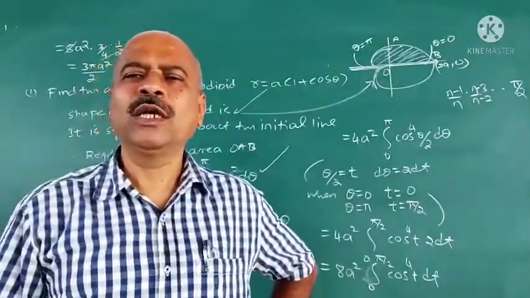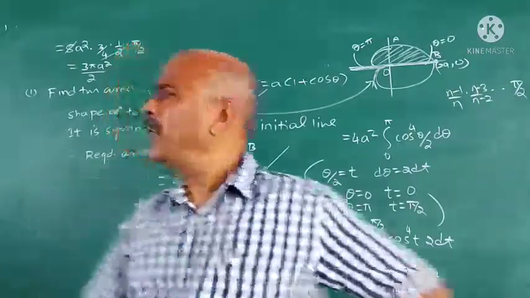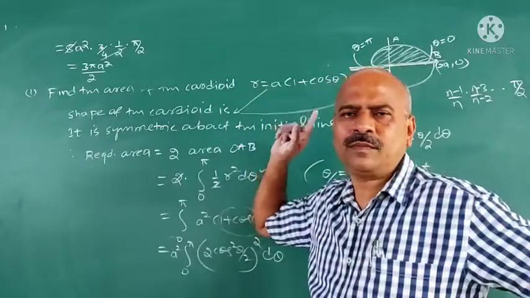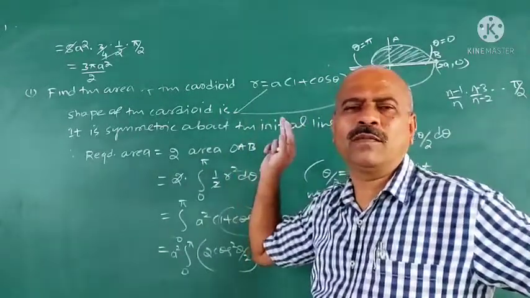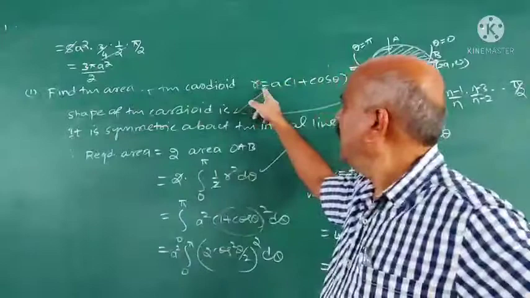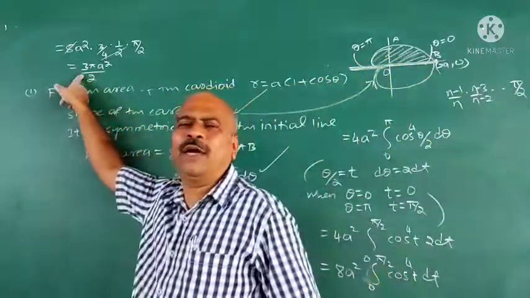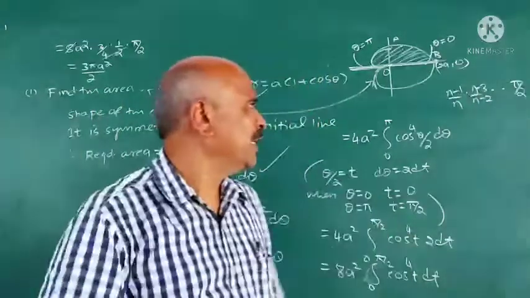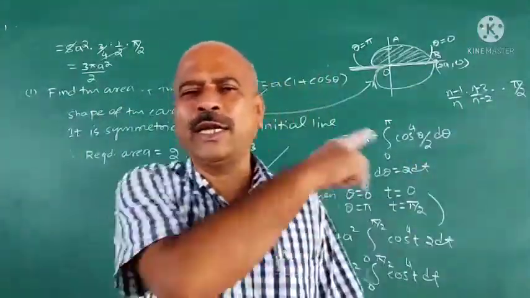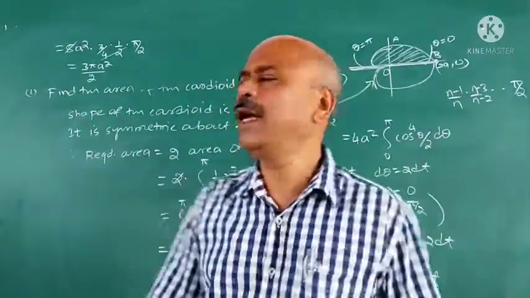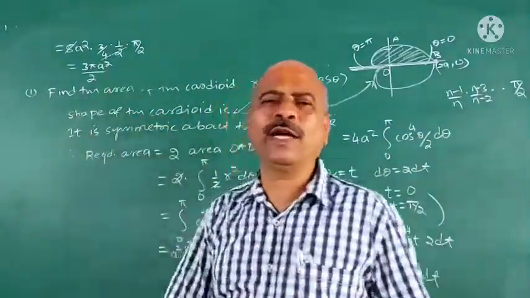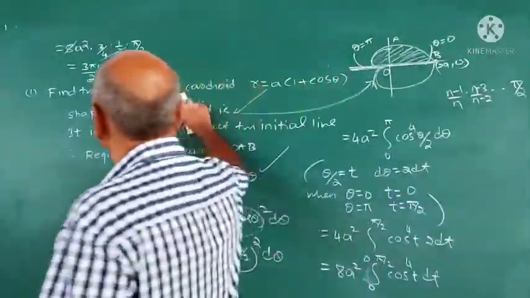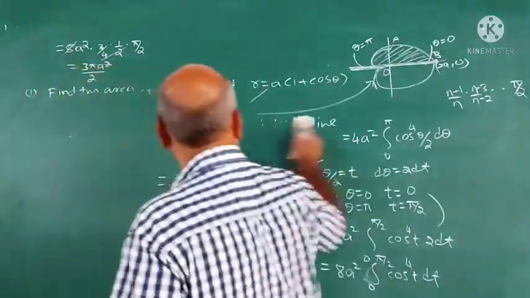How is this question converted into an MCQ? The area of the cardioid r = a(1 + cos θ) is... four choices will be given. Area of the cardioid r = a(1 + cos θ) is 3π/2 a², or 3/2 π a². The important thing is, for all the 4 cardioids that I explained, the area is the same: 3/2 π a². For all the 4 cardioids, the area will be 3/2 π a² only.